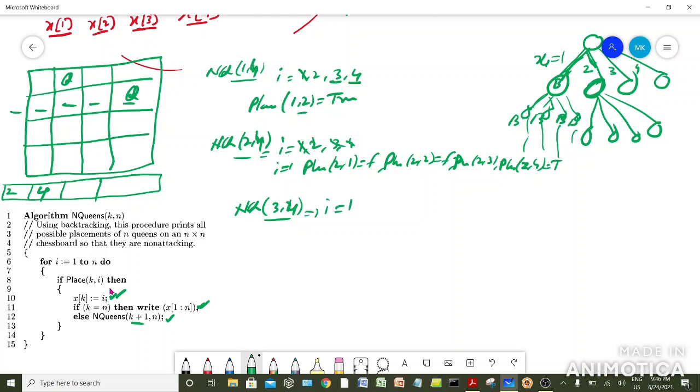Fine. Now again I will be having values 1, 2, 3 and 4. So place of 3 and 1 will be called. So it will result in true. Done. So we can place the queen here in this column. Again accordingly we need to update the value also. X3 will contain 1. Fine. Now 2, 3 and 4 will be there on the stack. So these three values are still there on the stack, only one is exhausted. So this is executed and we move to the next one, that is n queens with arguments 4 and 4 will be called.